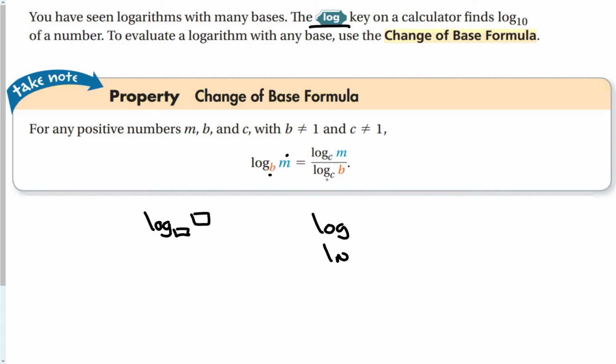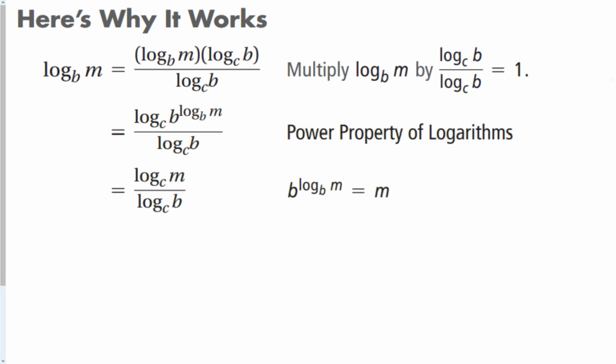Two logarithms this time. This is not like the other formula where we're splitting up something. We're making another expression from one term. And the way it works is very simple. Okay. So if you start with log base b of m equals log base b of m, and I multiply by the same thing over the same thing, you're multiplying by 1, so you're not changing the expression